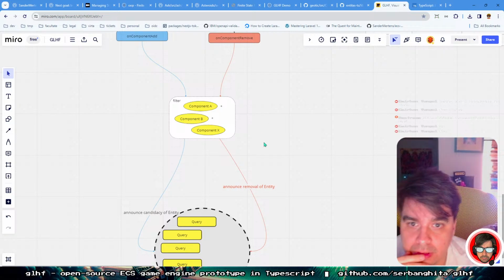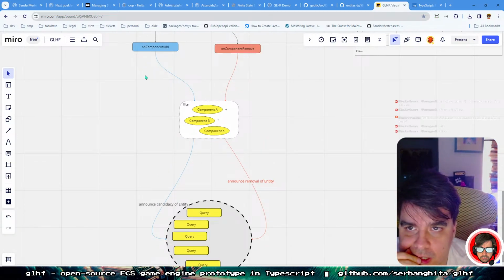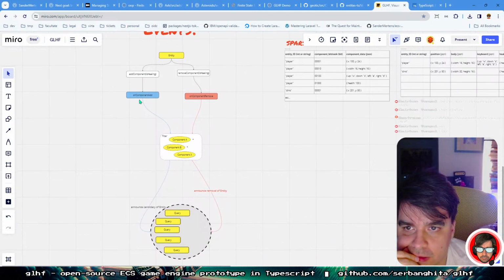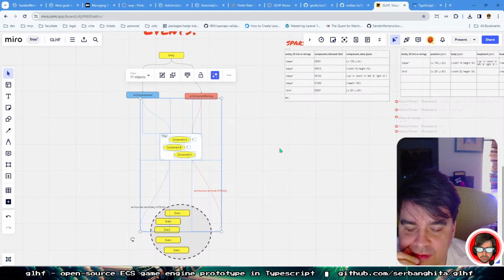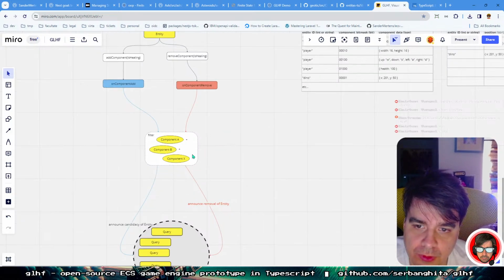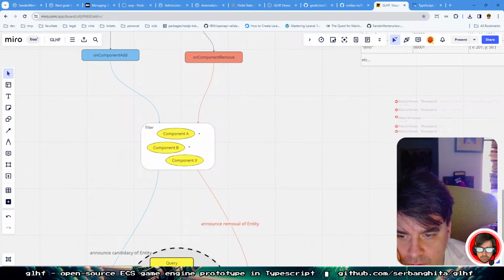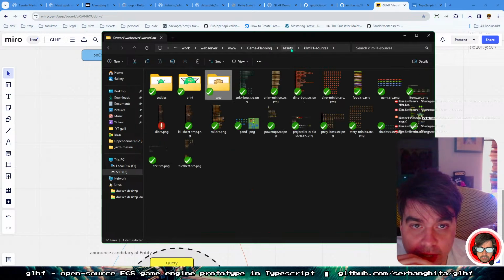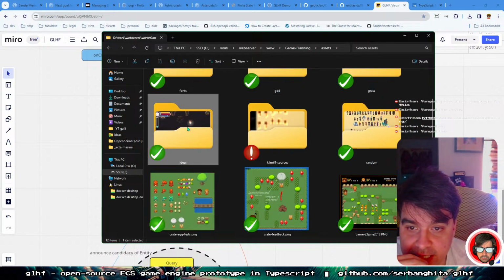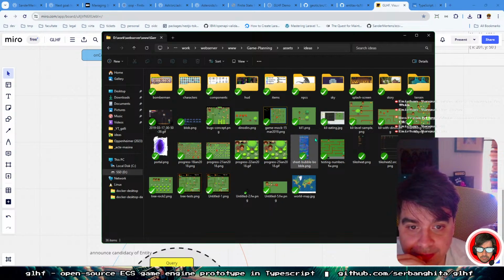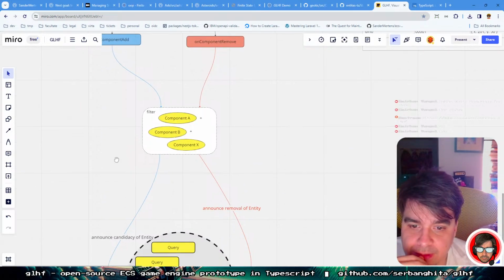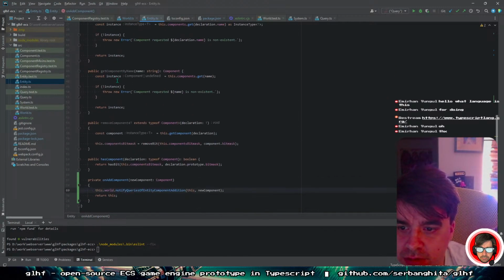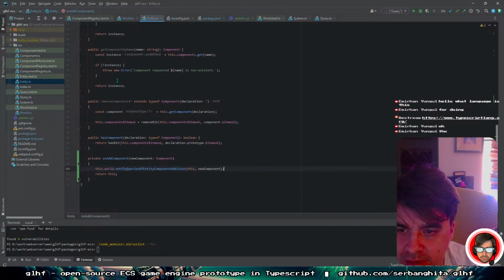So the architectural issue here is that on each component add or removal, we have to iterate through all the queries, and that's kind of slow. But I don't care about this at the moment. So let's focus on delivering